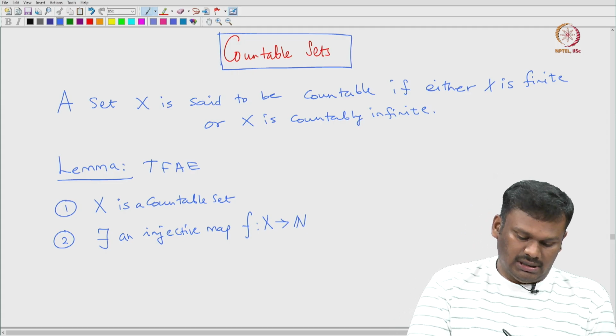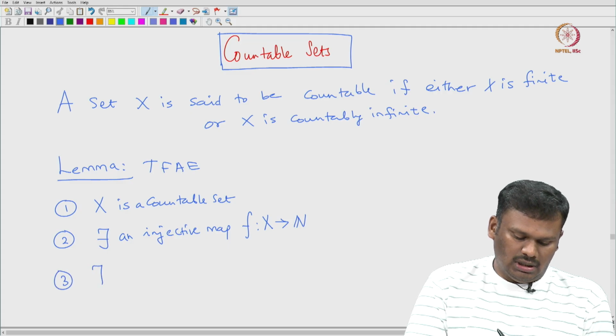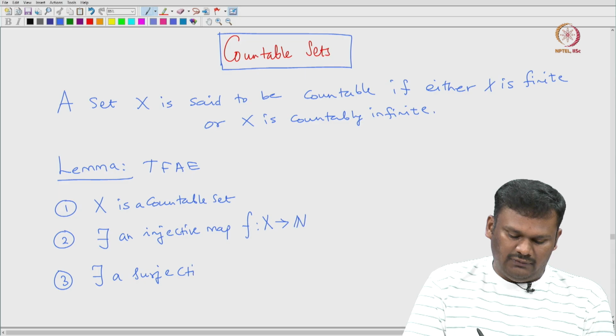So, it includes both the definitions, and similarly you can also say that there exists a surjective map